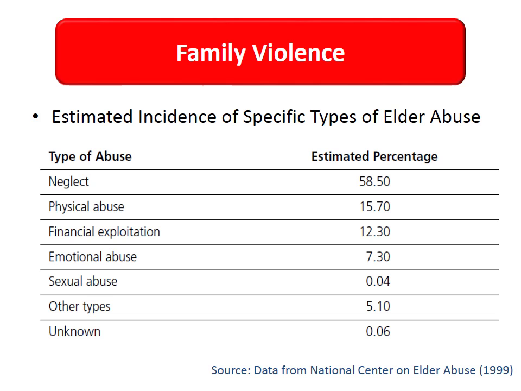This next slide shows the percentage of reported crimes related to elder abuse in the US. As you can see, neglect of the elderly actually makes up the highest proportion of the type of elderly abuse, which comes up to almost 60%. Sexual abuse is the least common type of elder abuse, making up less than 0.05%.